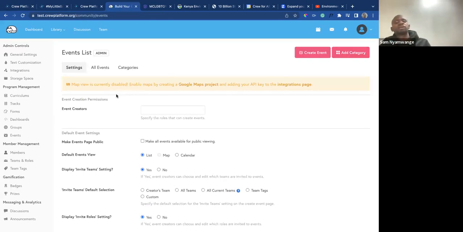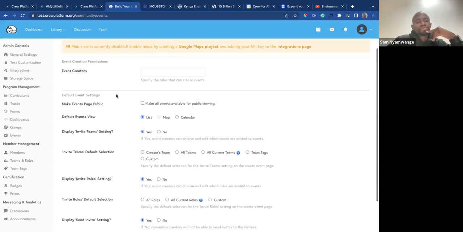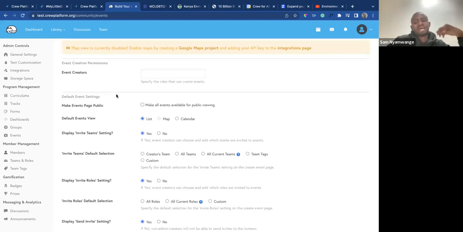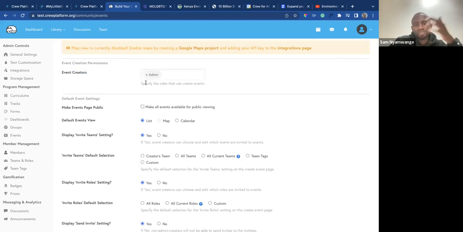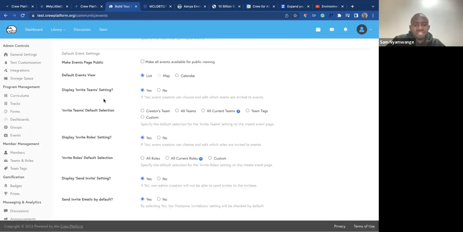with the groups. The settings allow you to place some defaults that, if your events run in a particular order, help you save some time whenever you are creating events. So you can say, what roles do you want to be able to create events? A list of roles will appear, and then you can select what roles. So for example, if you don't want ordinary members to create events, then you can exclude them from that. And then other default event settings, again, a couple of descriptions have been made